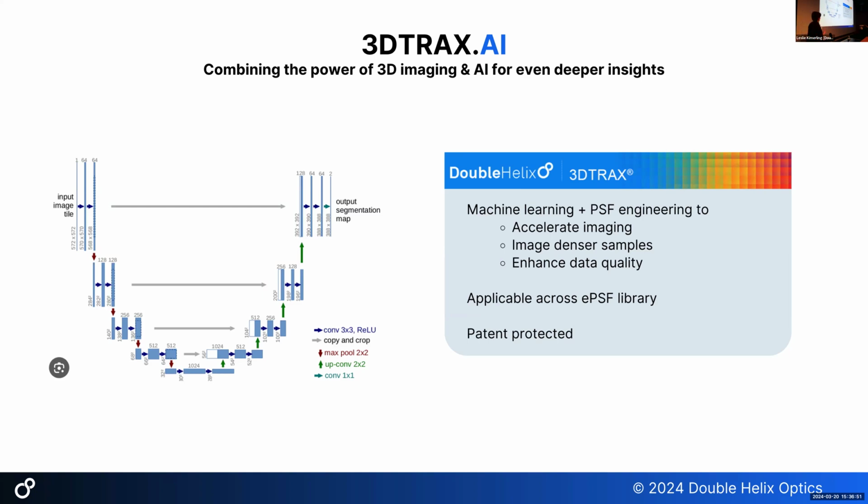We know what the PSF looks like. We know what we're looking for as we get deeper into the sample and it gets a little hazy. We kind of know what's background. And one of the side benefits of the technology is that because we're going deeper, we actually reduce the background because we're in focus over more Z. And so we can actually separate out the object from the background a little bit better